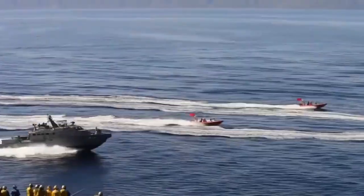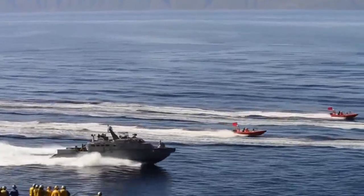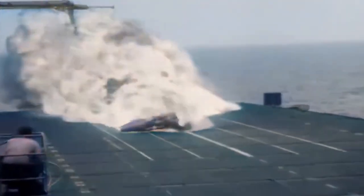F-35C Lightning II stealth fighters descend with tailhooks engaged, and MH-60S Sea Hawks lift off into the horizon. Sailors and